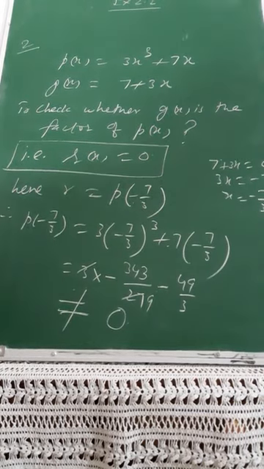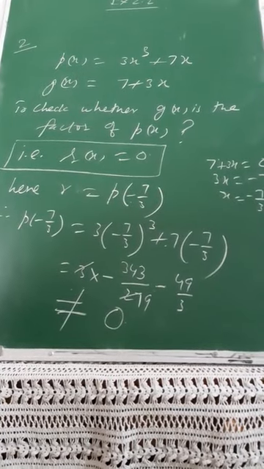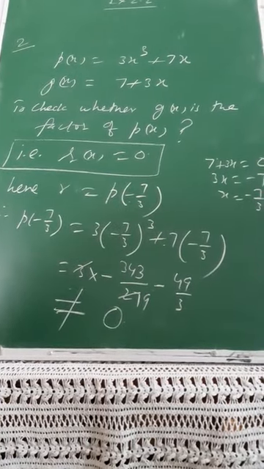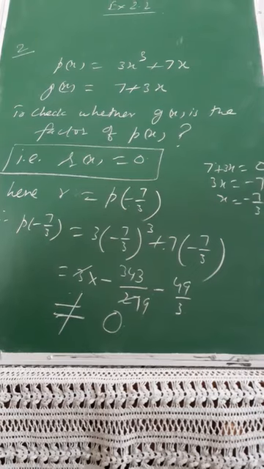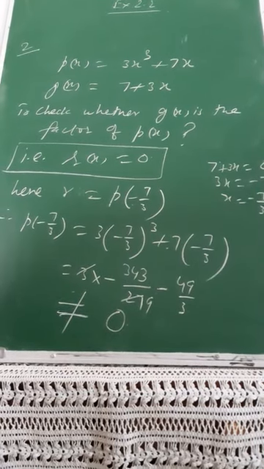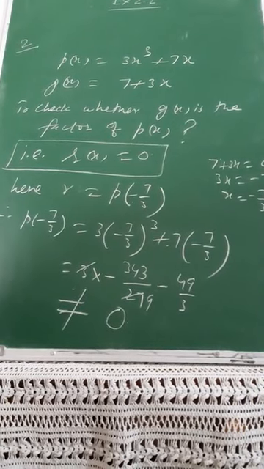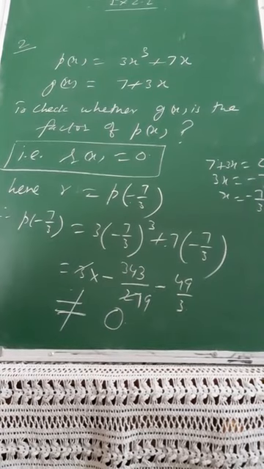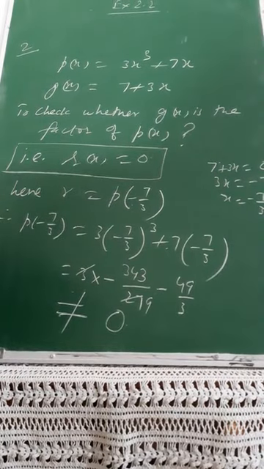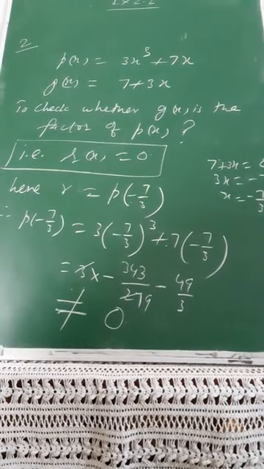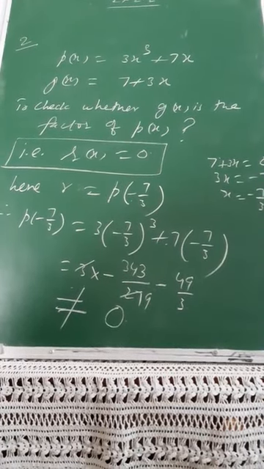So that's all about your exercise 2.2. And now if you go through your exercise 2.3, this is the homework I'm giving to you. Please go through your question number 1 and 2 based upon the same concept I shared with you in question number 2. The first question in exercise 2.3 is: determine which of the following polynomials has x plus 1 as a factor. So for all these four parts you have to find p of minus 1, because the divisor is x plus 1, so the remainder will be p of minus 1. So wherever p of minus 1 becomes 0, in those polynomials x plus 1 will be the factor, otherwise not.